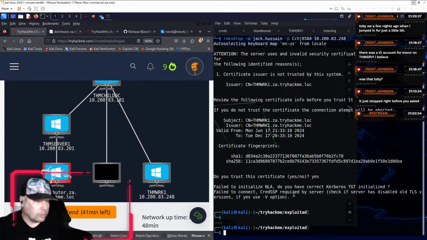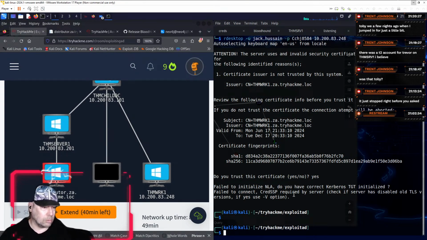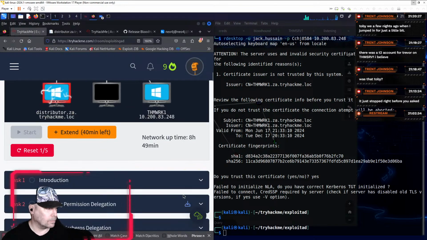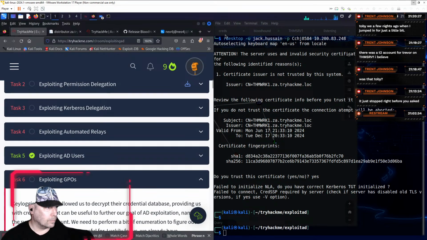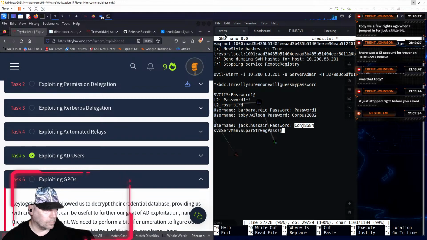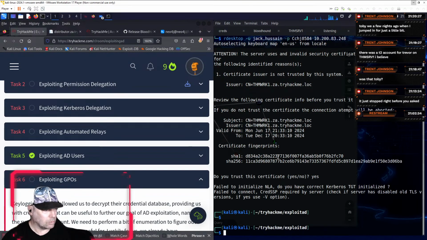Failed to initialize. You have correct Kerberos TGT initialized. Why would that be necessary?